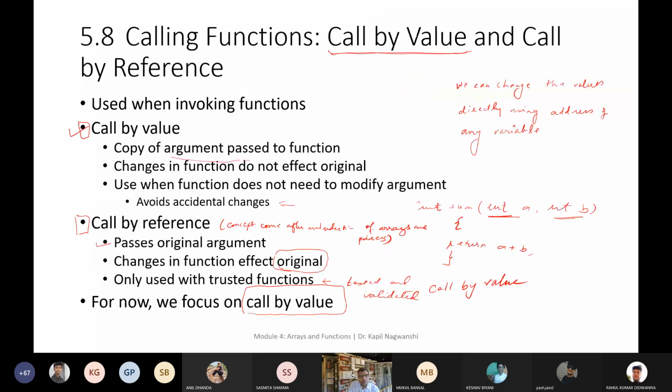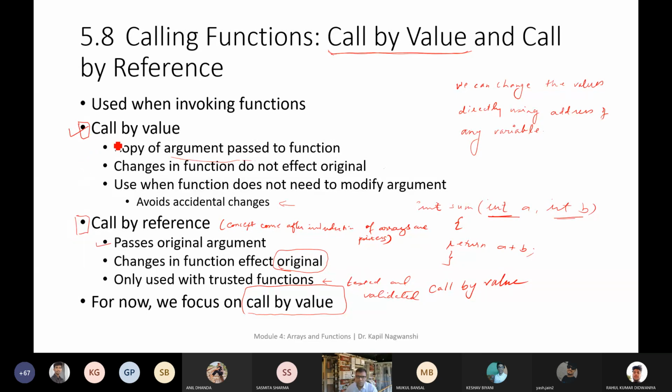So function prototype is already discussed. This means calling function, call by value and call by reference. This is a very important thing, and this time we are using call by value only. Call by reference we will discuss after the introduction of pointers, because at this time you don't know how to operate with pointers. Using call by reference, you can directly modify the variable passed in the main program.